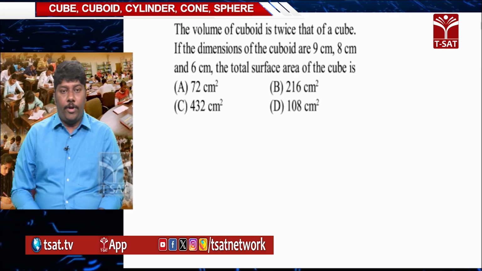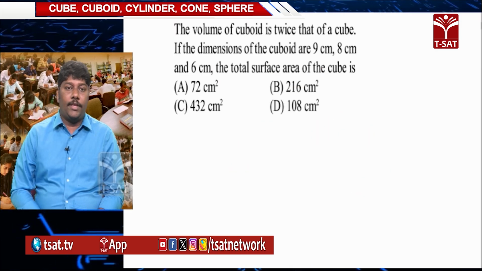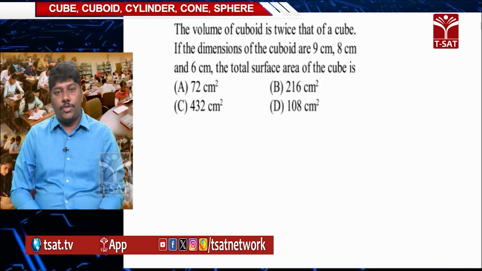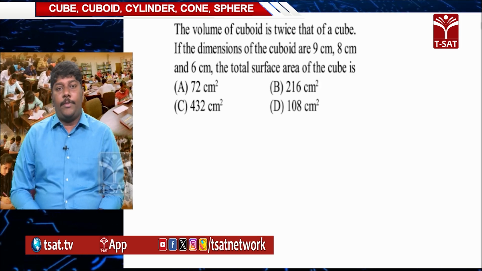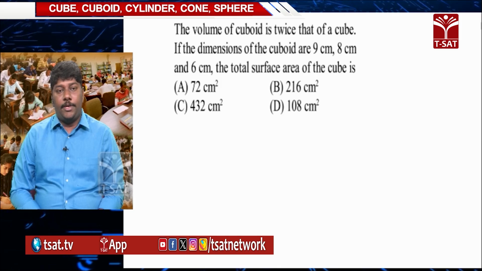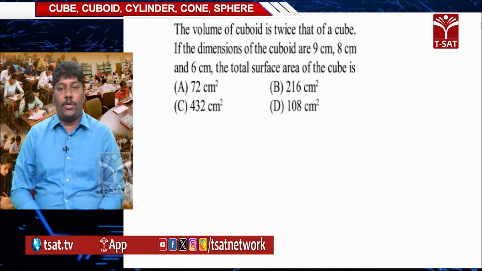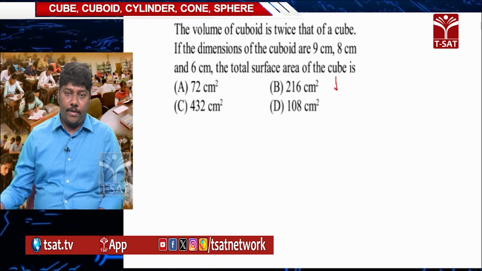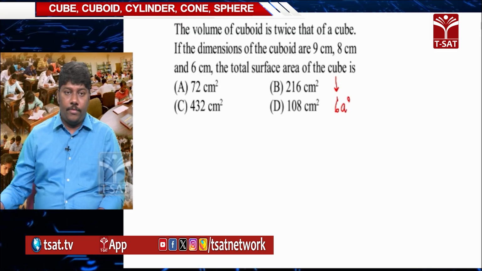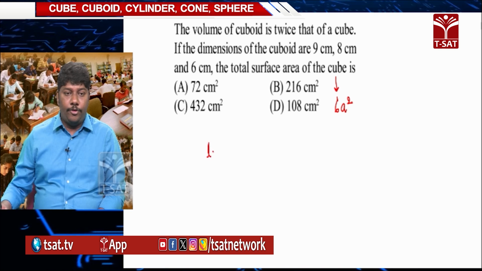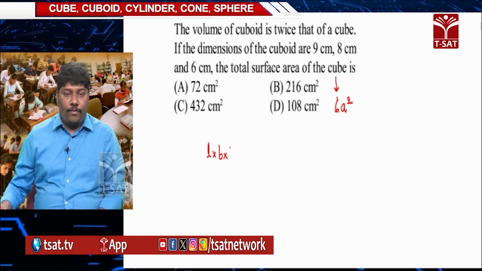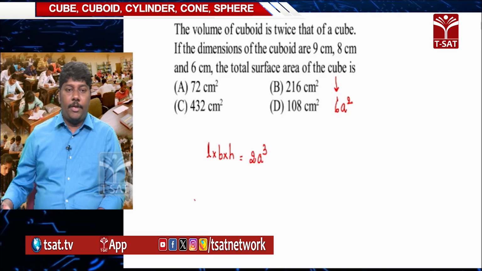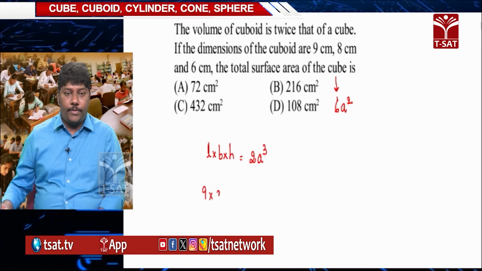The volume of the cuboid is twice that of a cube. So here this problem is related to cube and cuboid both. If the dimensions of the cuboid are 9 centimeters, 8 centimeters and 6 centimeters, find the total surface area of the cube. So you need to find the total surface area, which is 6a square. When it comes to volume, L into B into H. Volume of a cuboid is 2 times the volume of the cube, that is a cube. Dimensions of the cuboid are given, 9 into 8 into 6